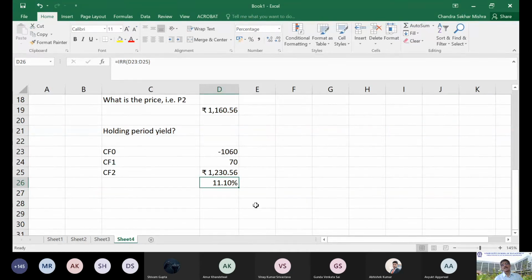You have to have at least one negative cash flow. Suppose I make them all positive cash flows, hypothetically, IRR will give an error. In IRR, at least one of the cash flows has to be negative. Anyway, we'll discuss that in the project appraisal class. Internal means internal to the cash flows of the company's assets. That much I can tell, and further you can explore that also. But anyway, that's a good question.